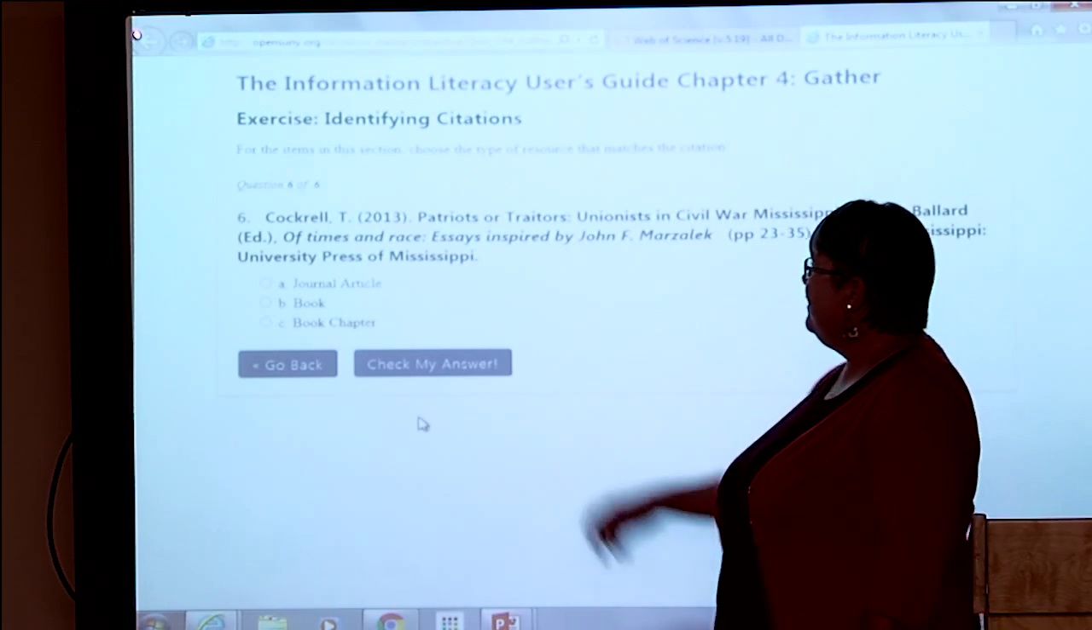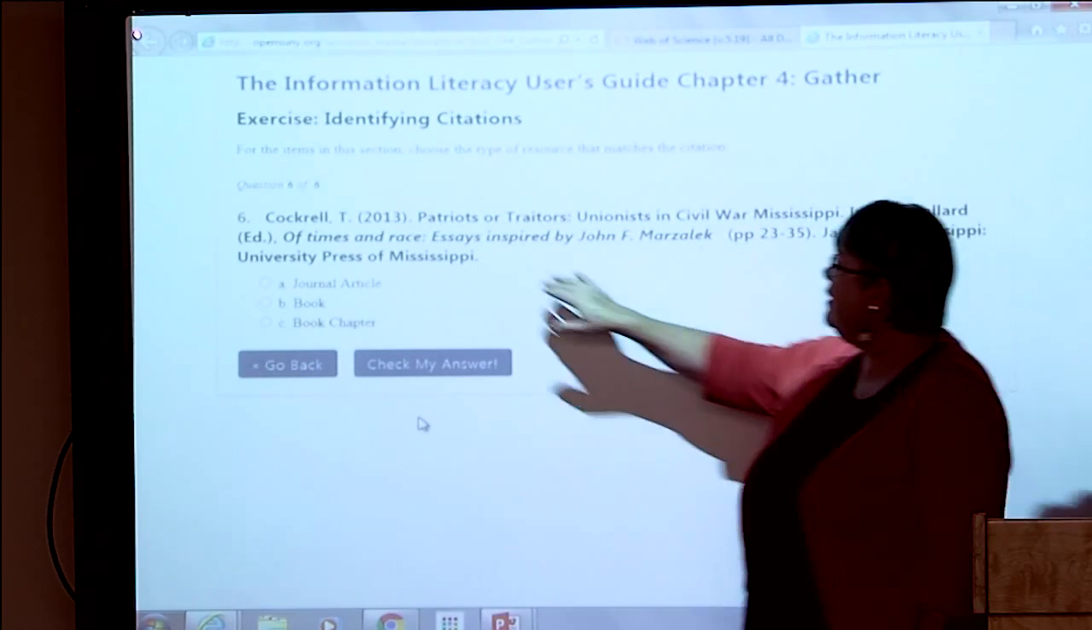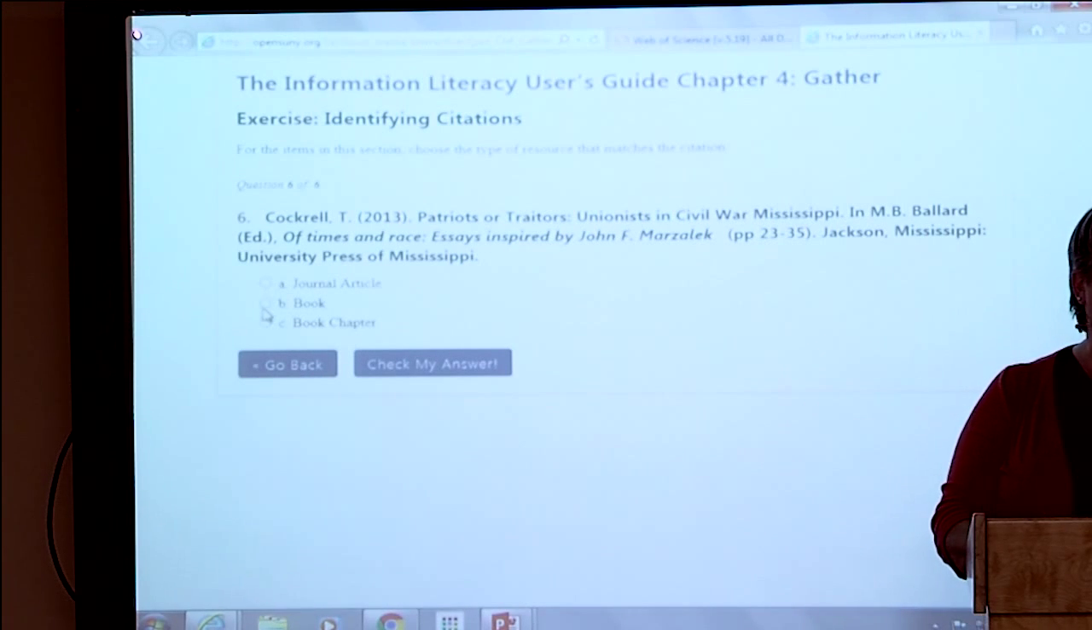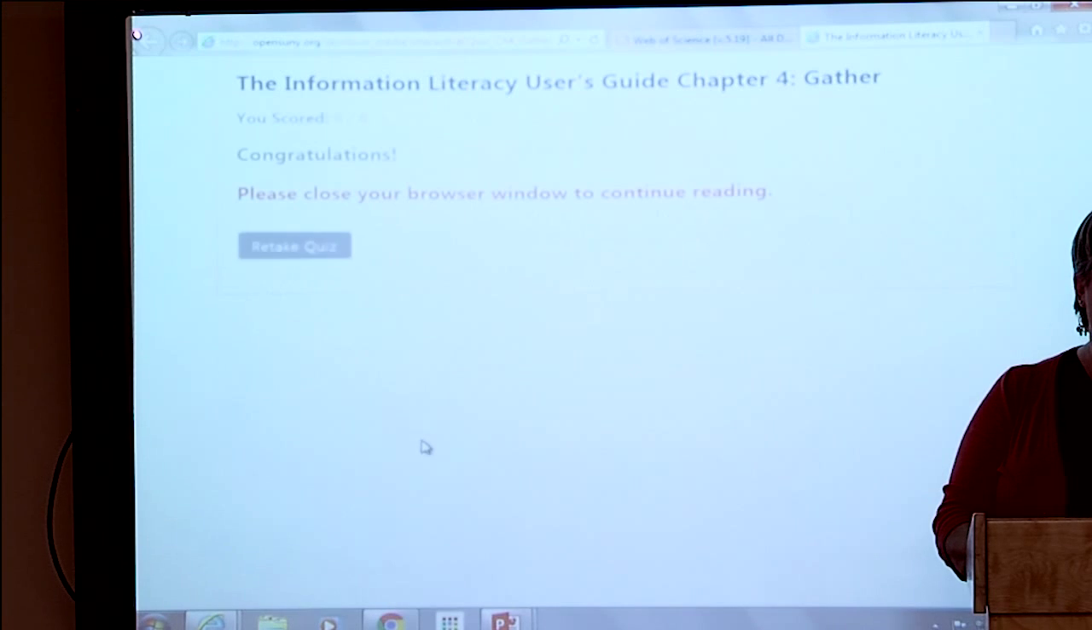Book chapter. Because it says "in," and it gives you the author name, or editor name, and then it gives you the title of the book. Correct. All right, so